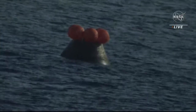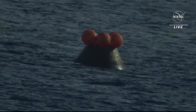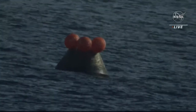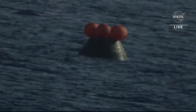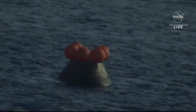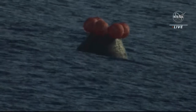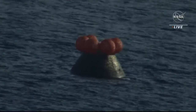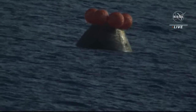the bags fully inflated that are used to upright it, bright orange in color at the top of the capsule. The ship will then come alongside the capsule, and once the Navy divers have gone in and made sure that the capsule is safe to approach, they will begin taking imagery, photographs, both on the top side of the water, and then also they have Navy divers prepared to go underneath the capsule and take pictures of